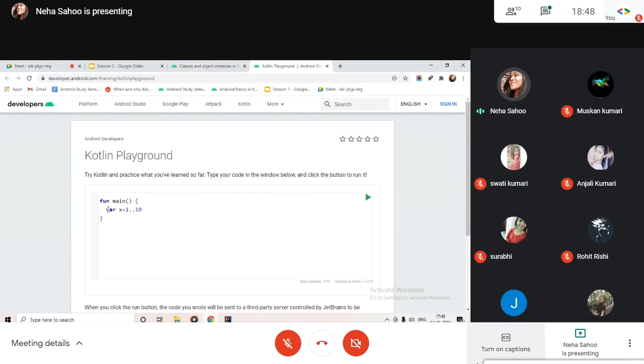For example, let's say, basically what this did is that inside the x variable, it has all the numbers, that is 1, 2, 3, 4, 5, 6, 7, 8, 9, 10. It has all the numbers from 1 to 10, including 1 and 10 as well. If you want to check whether that is true or not, there is this thing called is present, which lets you check if a number is present inside this range or not. Let's see if this works. I'm not sure if it would work on Kotlin Playground or not.